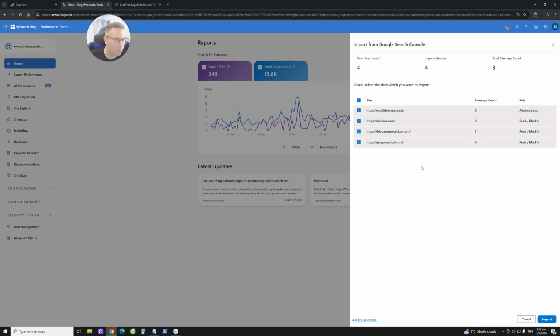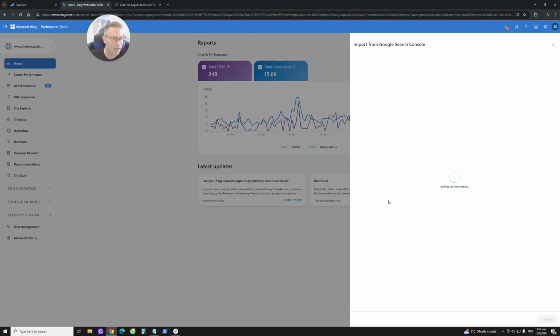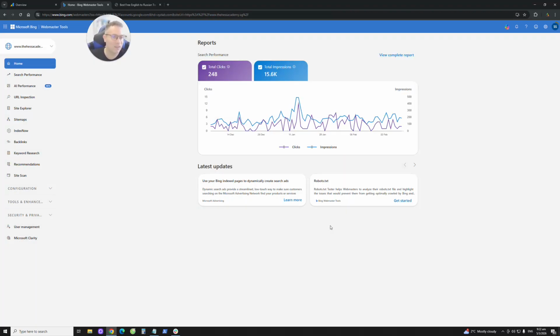That's how easy it is to import a website from Google Search Console to Bing Webmaster Tools, and how to add basically a new website in Bing Webmaster Tools. The number one easiest way to